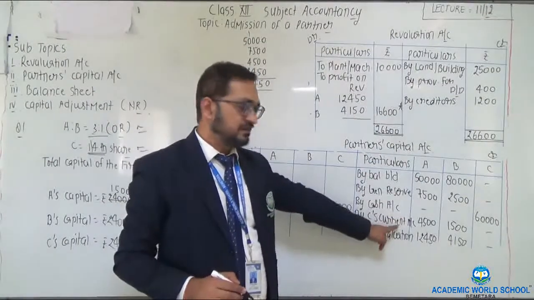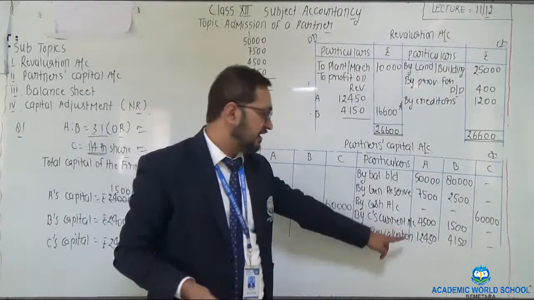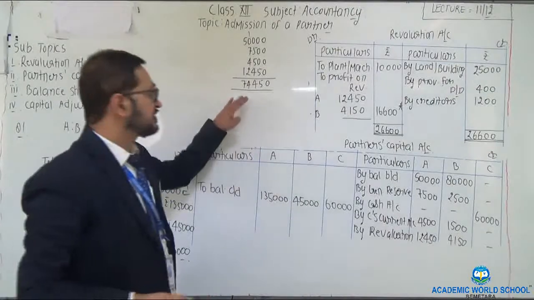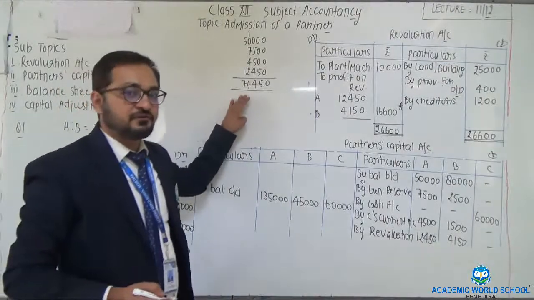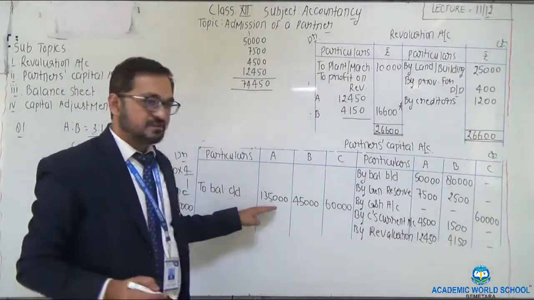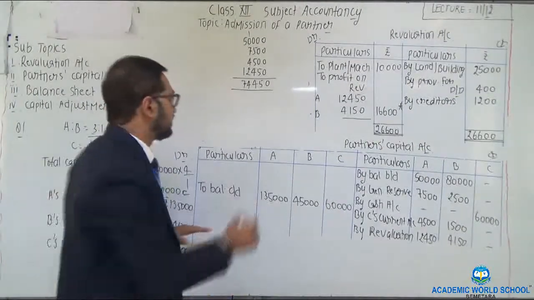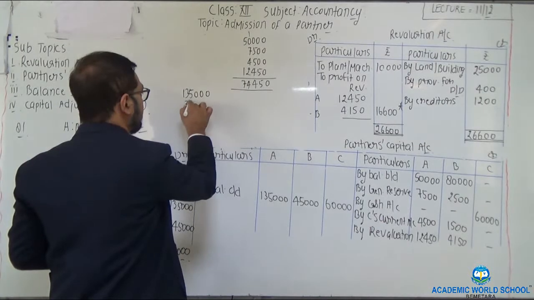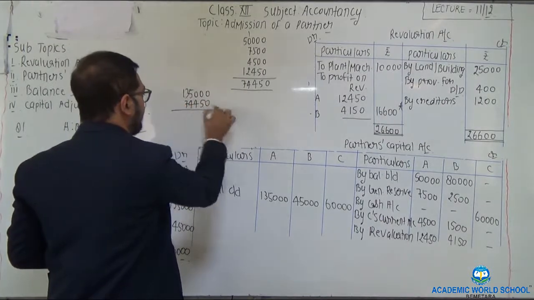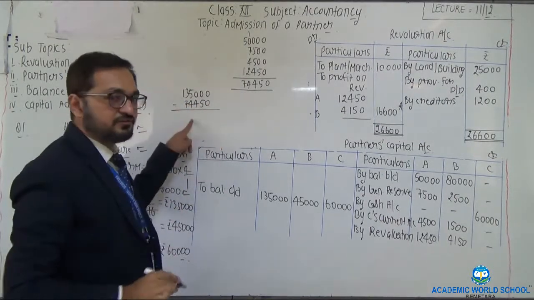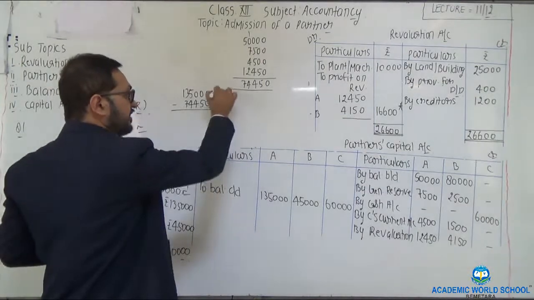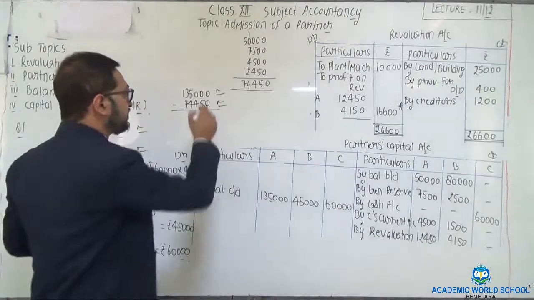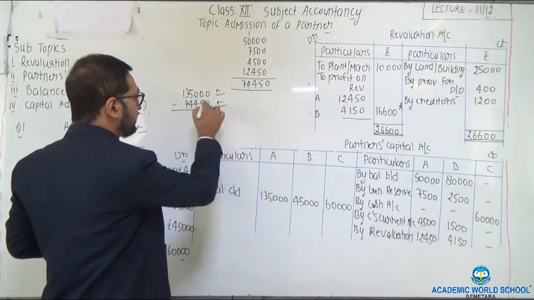plus C's current account amount of premium which he gained plus revaluation, that is profit of revaluation. His total is 74,450. Now he has to make his capital equal to 1,35,000. So calculate the deviation between these two amounts. 1,35,000 minus 74,450. This is his actual capital, and this is the capital he should have after the admission of C. So after deduction,